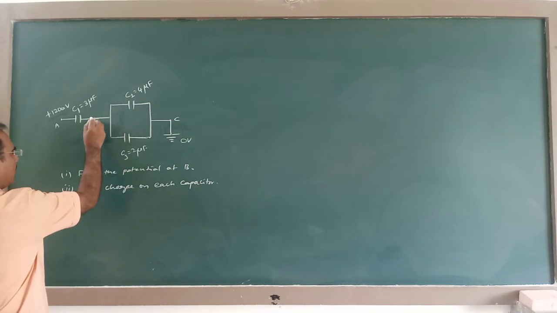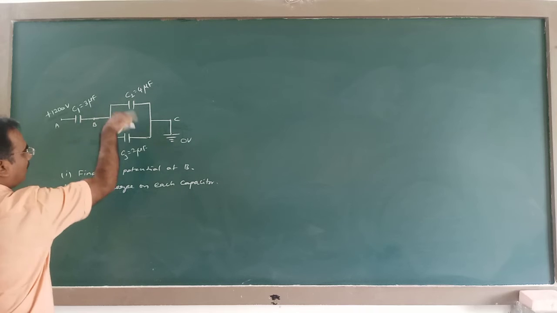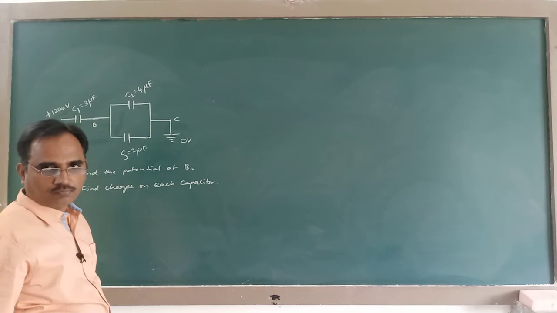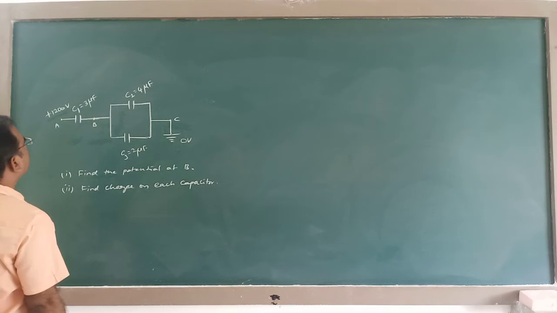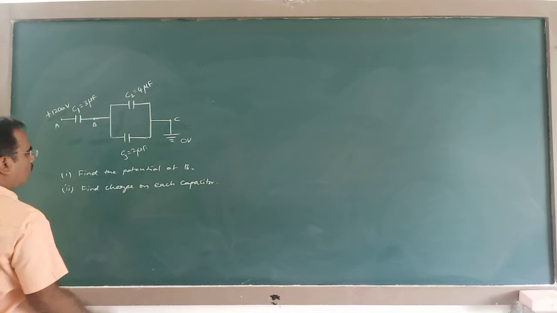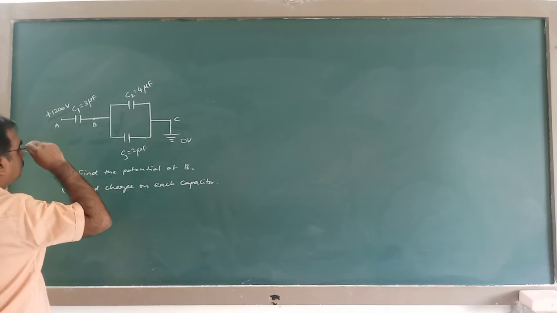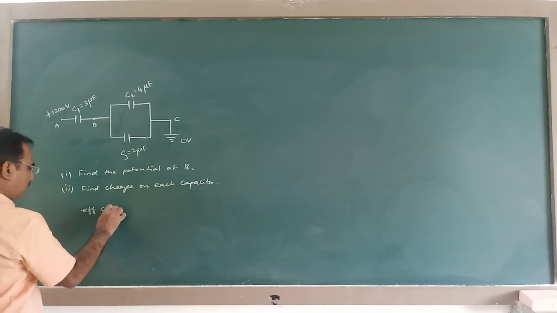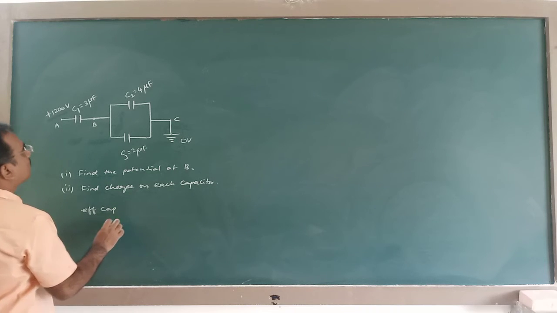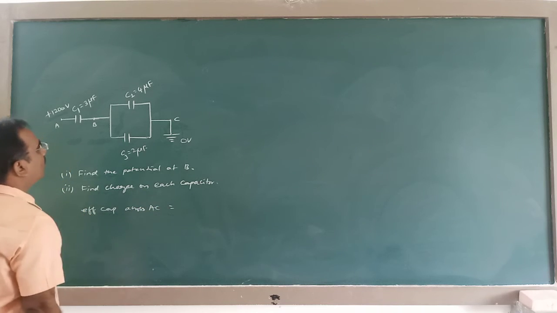First you are asked to find the potential at B and then the charge on all the three capacitors. So to find the potential at B, first you find the effective capacitance of this circuit. Effective capacitance across AC is equal to